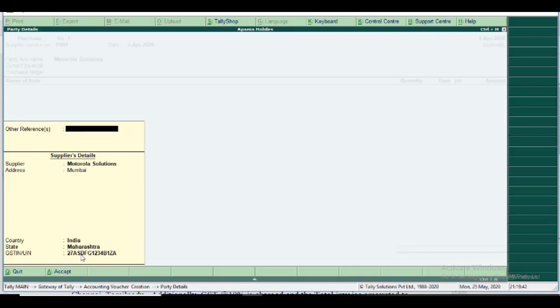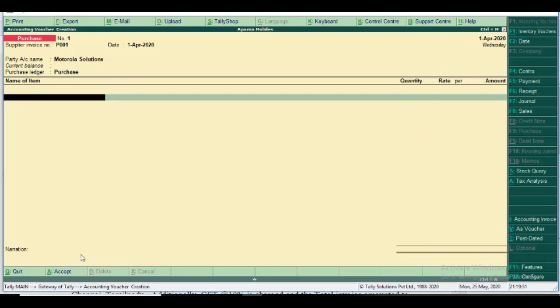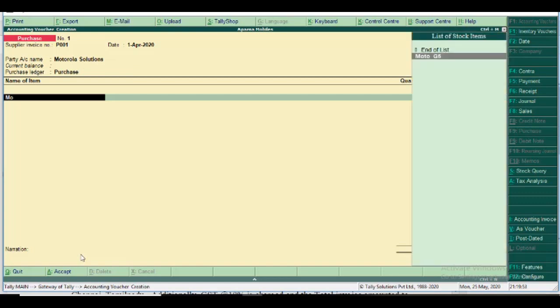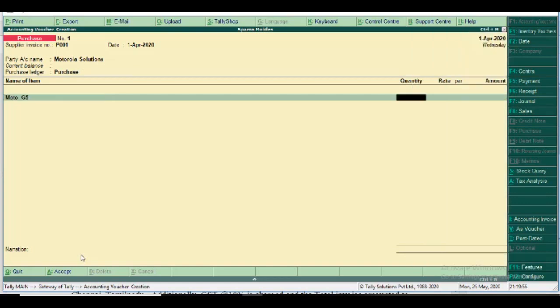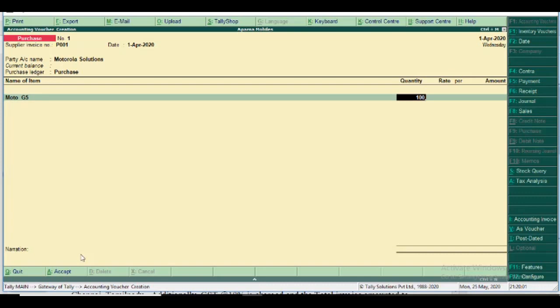So you give the ledgers clear details for the parties. As a purchase, the name of the item is Moto G5, so I select Moto G5. Then the quantity is 100. I see the table, yes, quantity is 100. Rate as 8,000.